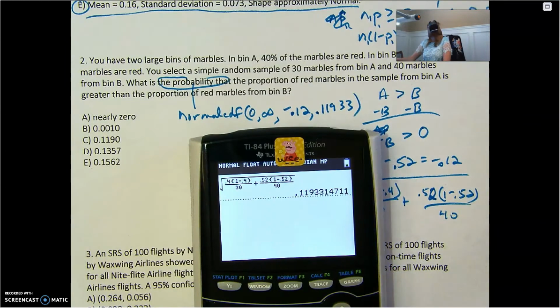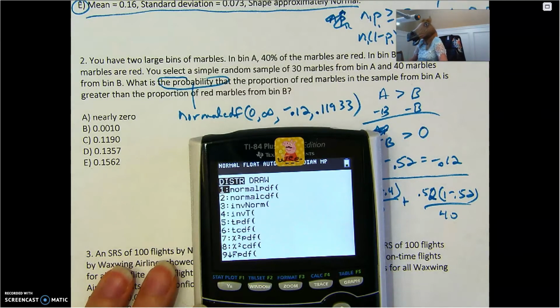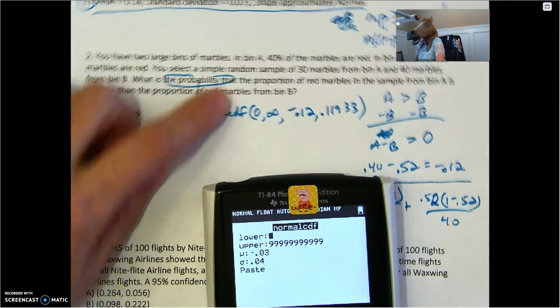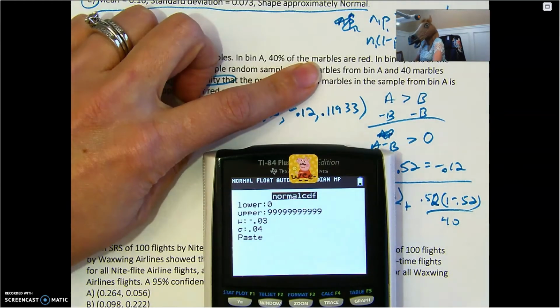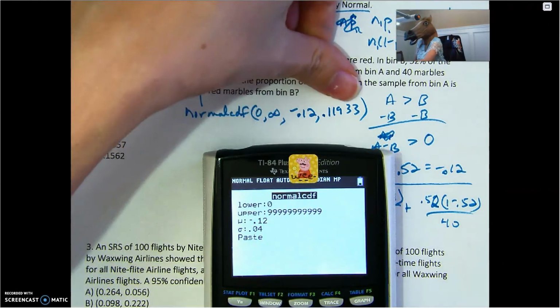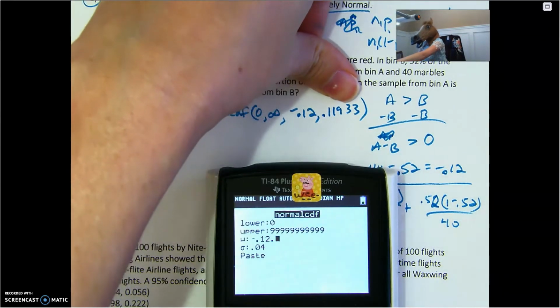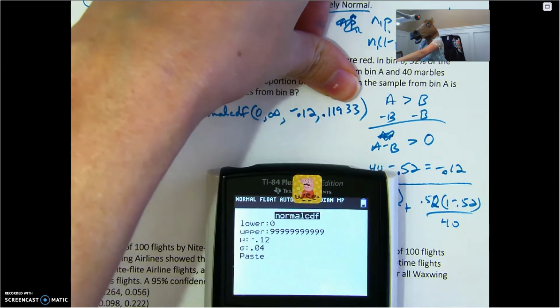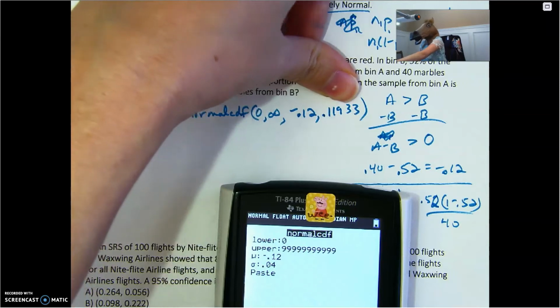All right, so here we go. Normal CDF is going to look up our probability. We're going 0 to infinity. Negative 0.12 is our average difference, give or take a spread of